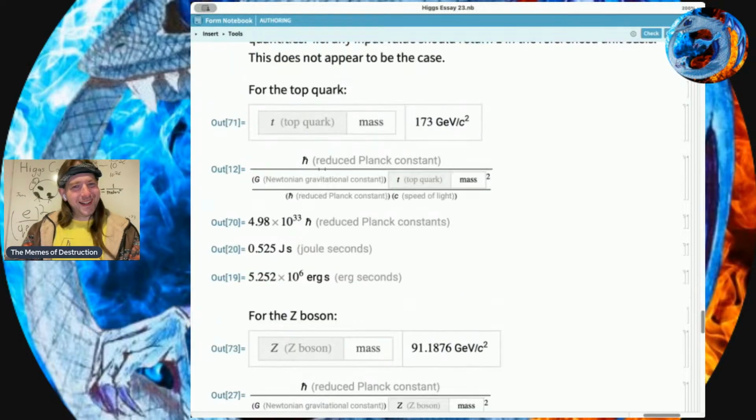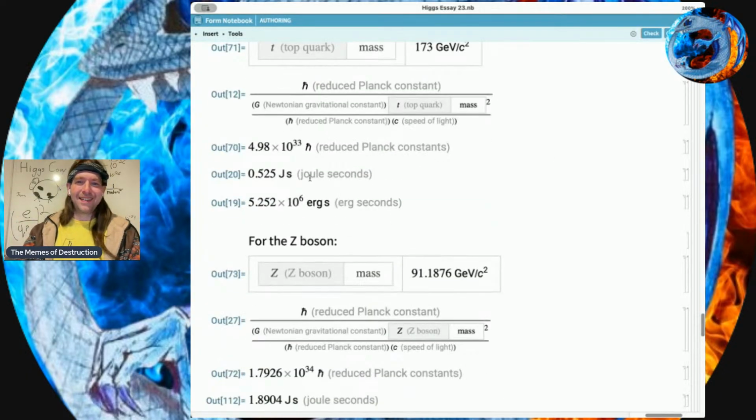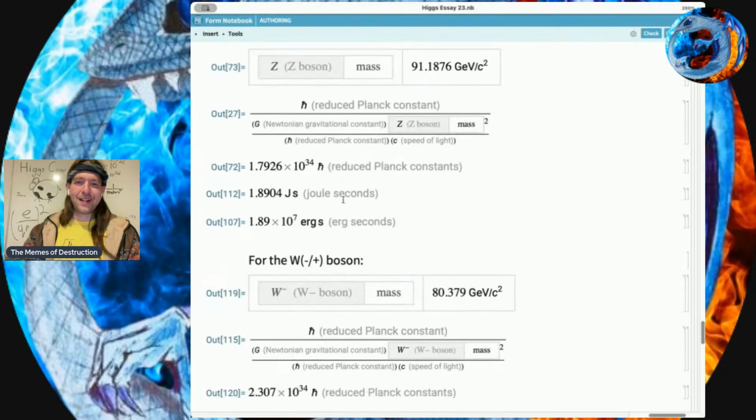It's at least within our given unit basis, our coherent system of units. Yeah, the Higgs mass is the only one that comes out to be about 1 within the reference of action. It's the 1. All right. So we get about a little over half a joule second for the quark,